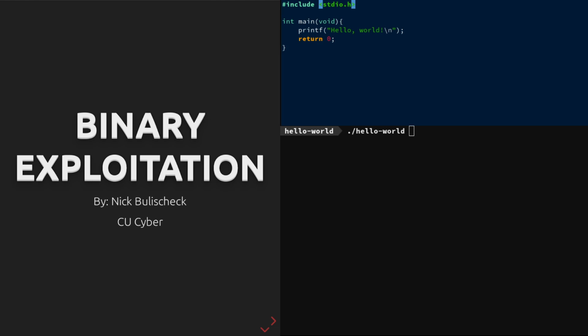So the demo gods actually aren't in my favor, because I just tried to VPN to Clemson and it just wasn't working. So I'm just going to be running the binaries locally, but they are hosted there, so